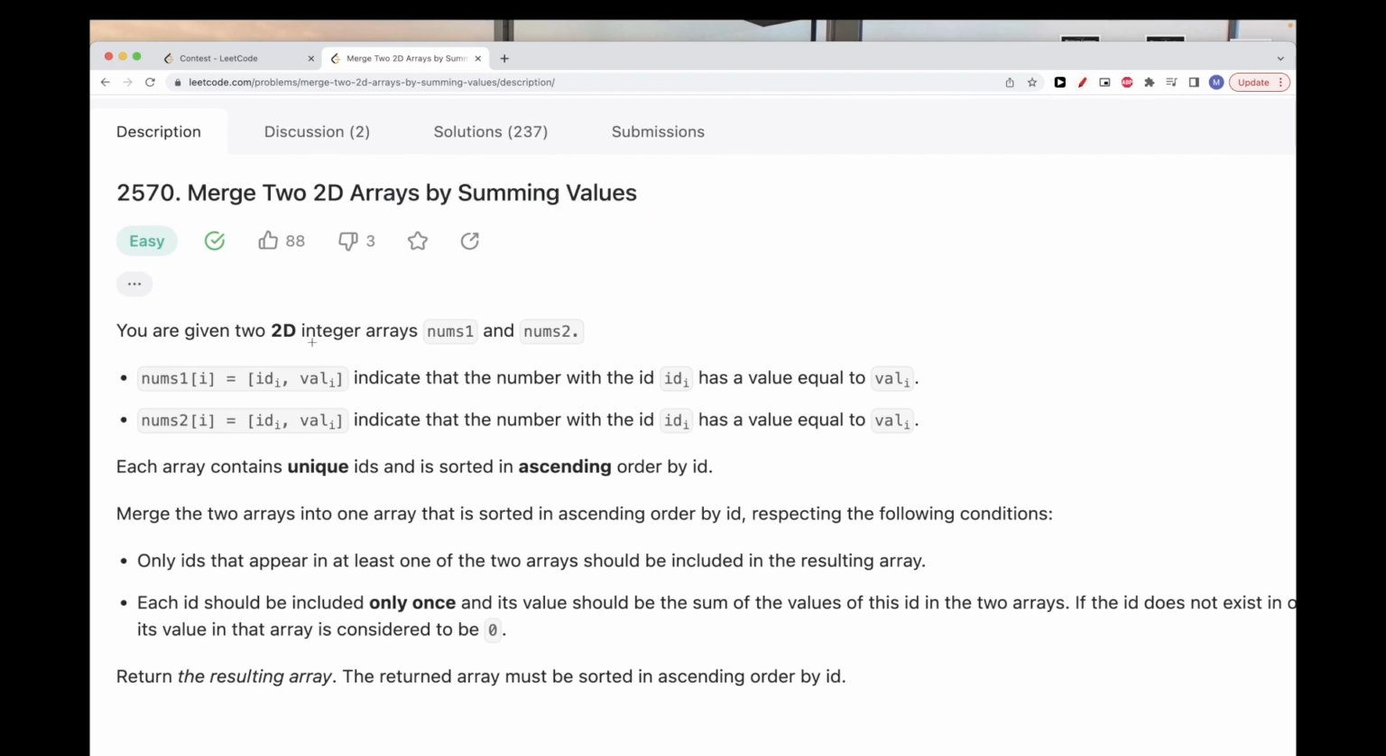So what we have here is two integer arrays, each of them two-dimensional, nums1 and nums2, and each value in each one contains an ID and a value. That basically indicates that the number with that ID has a value of val. So that's the input that we have, and we are told that each of these contains unique IDs,